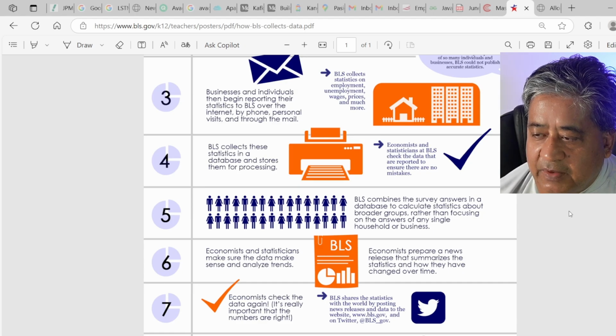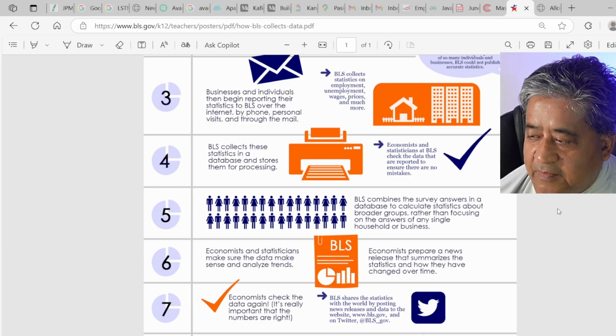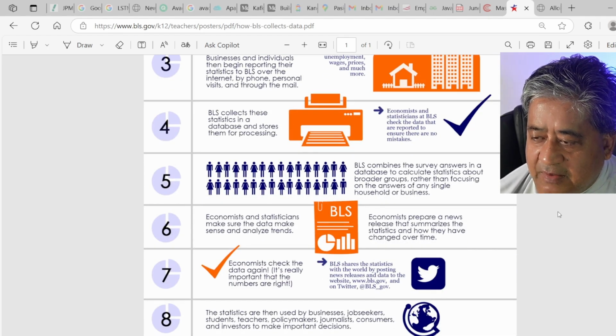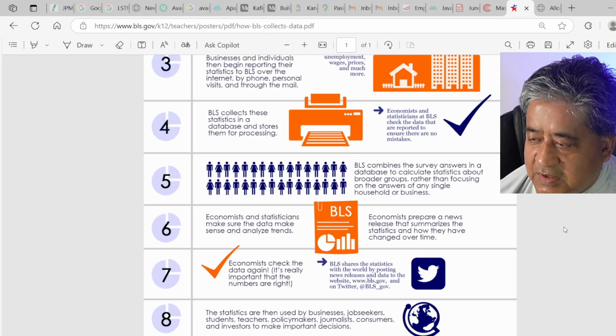Number 6, economists and statisticians make sure that the data make sense and they analyze the trends. So the economist prepares a news release and summarizes the statistics and how they have changed over time. And step 7, the economists check the data against other sources, and it is really important that the data numbers are correct. And then the BLS shares the statistics with the world by posting news releases and data on their website